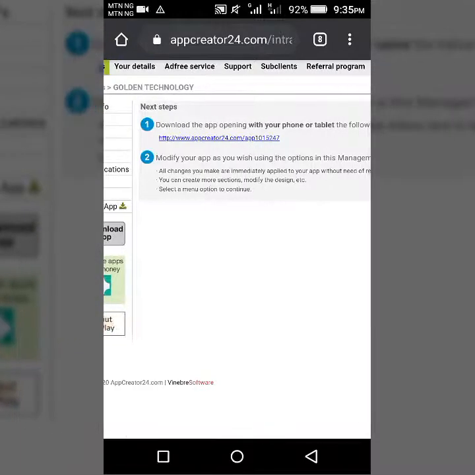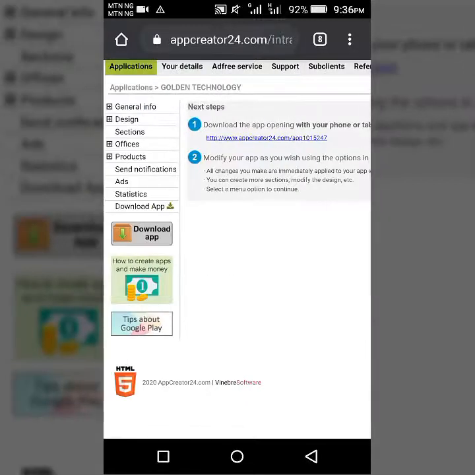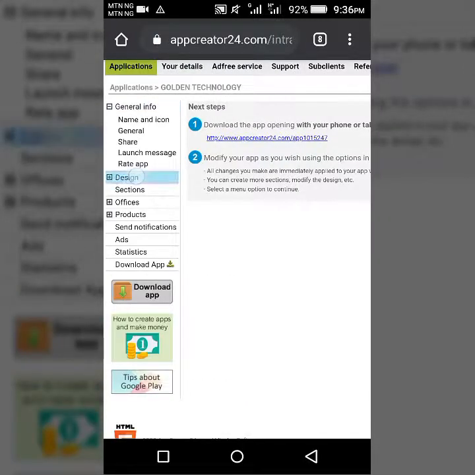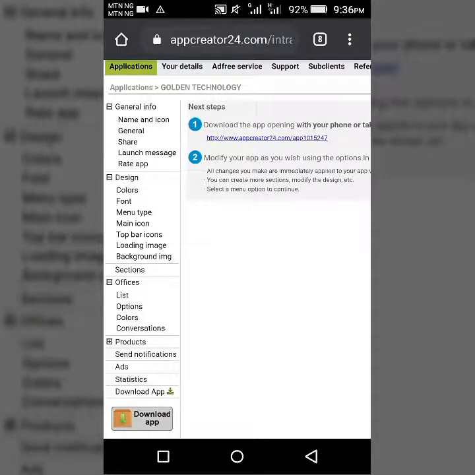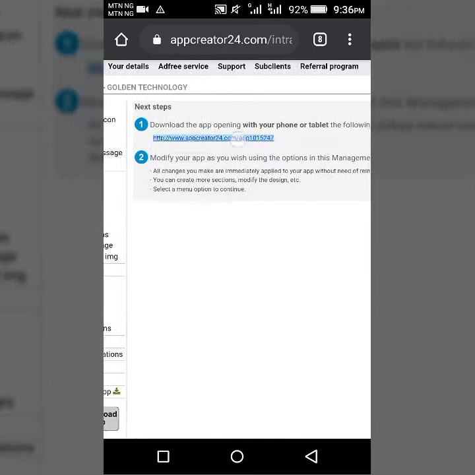Let me quickly explain why you need to download it to your phone. You need to download it to your phone so that anything you modify here, you first of all check the effect of it before you fully launch your app link to your targeted audience or user. So you click on this link,